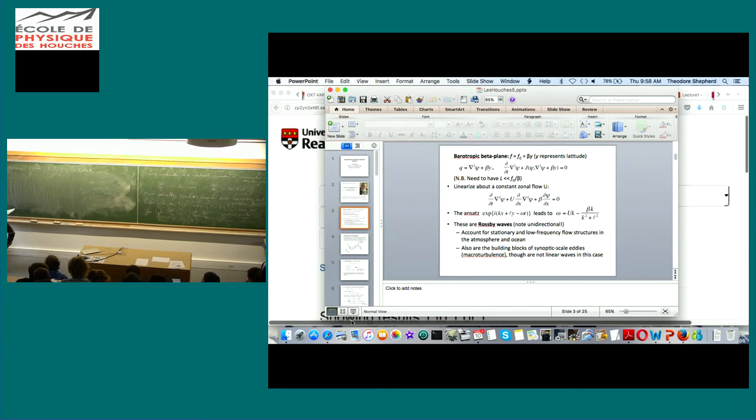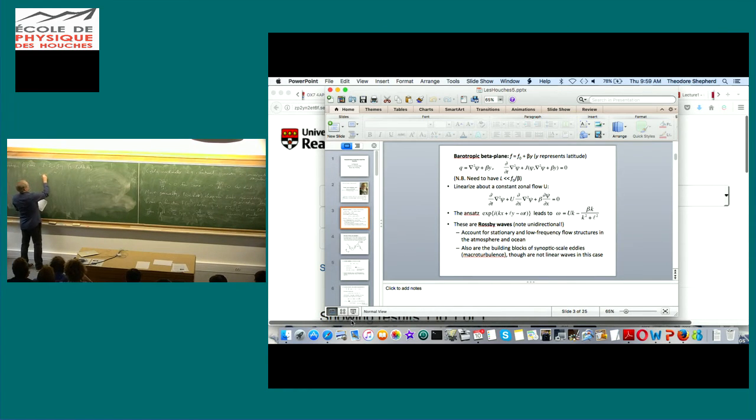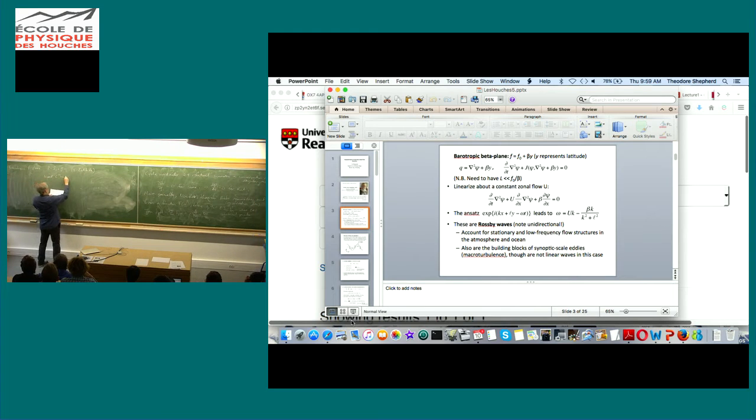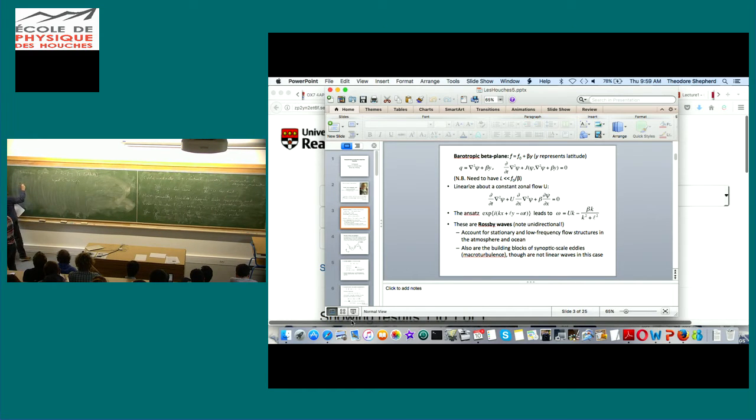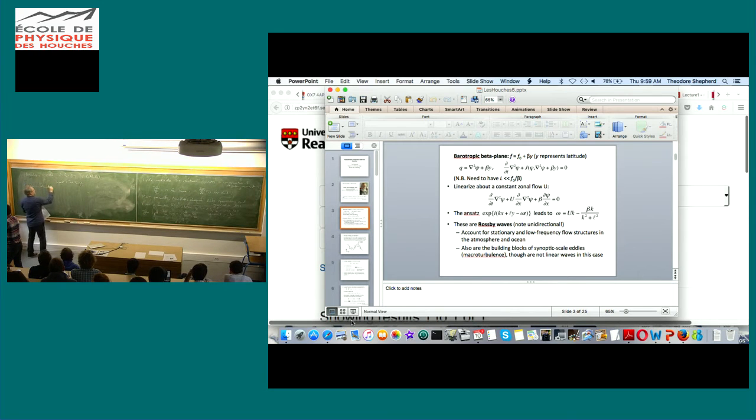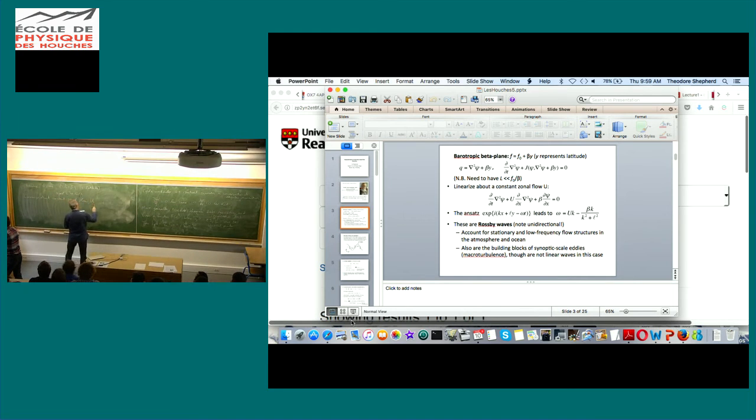And similarly, there's the barotropic beta plane. We're going to think of this as away from the equator. And of course, you implicitly need to have a length scale that's much less than f naught over beta. Otherwise, you ought to be on the sphere. So we linearize about a constant zonal flow U, and you get